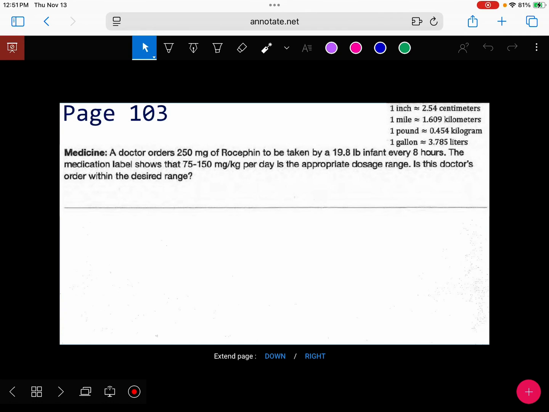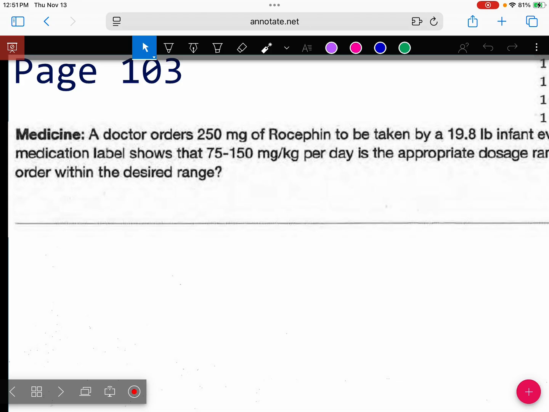People double, triple, quadruple check to make sure medicines are in a safe and accurate dosage. So it's always a good idea to double check things, but when we find information about medication, it's very rarely written as "you should take this," because it's meant to be for lots of different people. So we've got this particular medication. The doctor says that this person should take